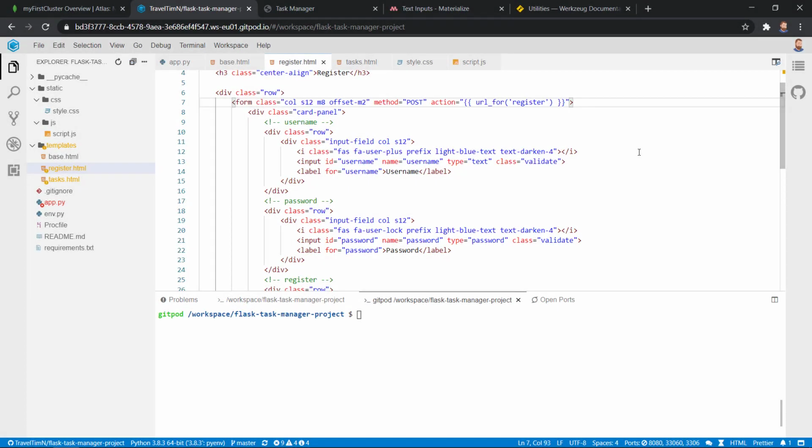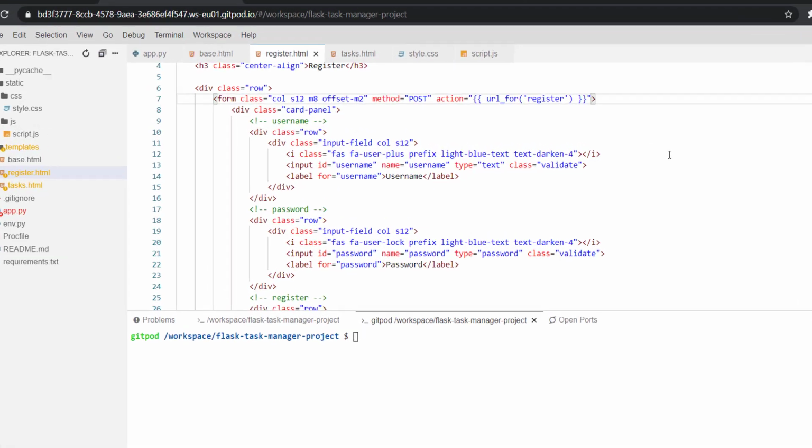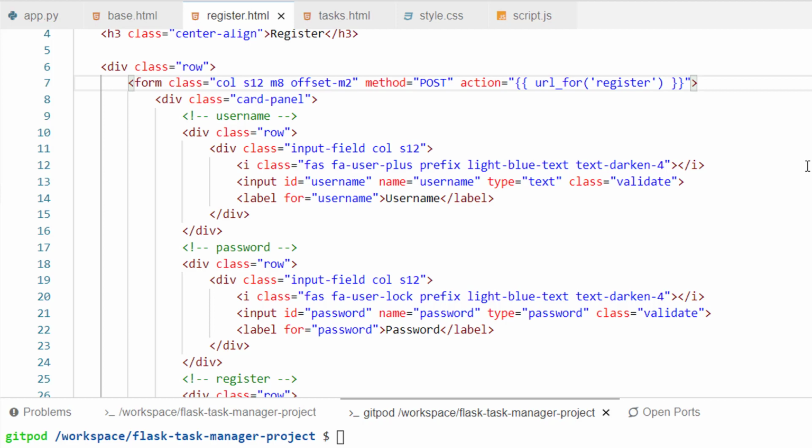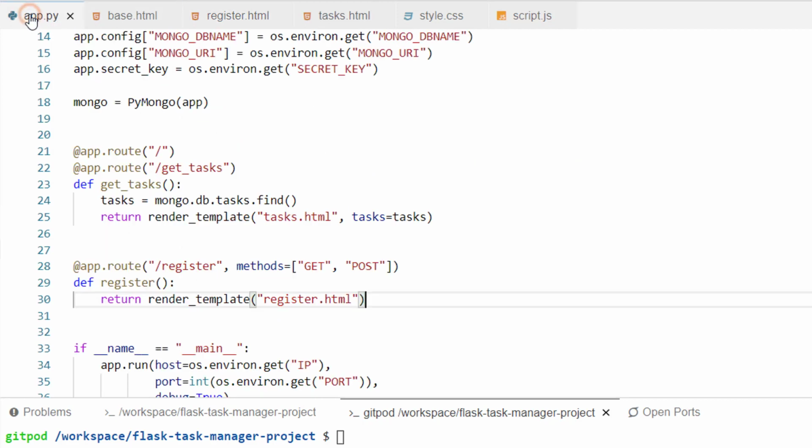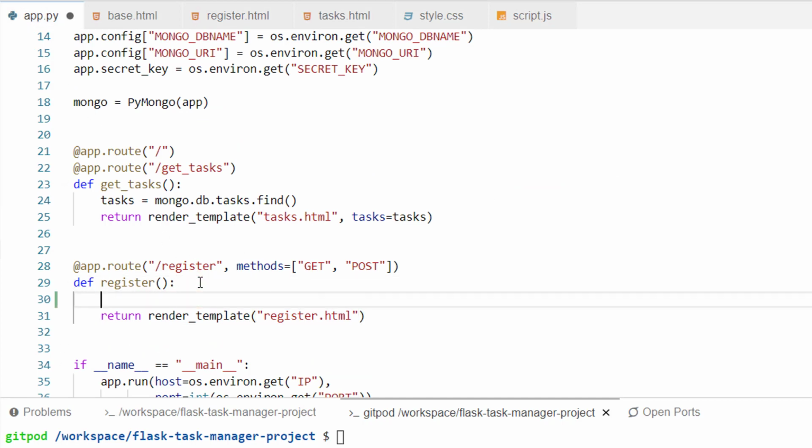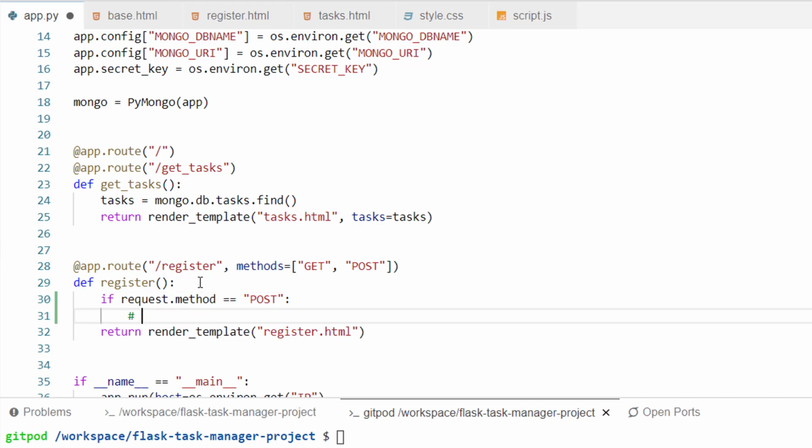We've now got our register form displaying to the screen, which completes our get method from the function. Now, we need to build our post method functionality, so the data from our form can be actioned. Within our app.py file in the register function, we need to add some conditional formatting to check if the request.method is equal to post. I'll add some comments along the way, so it's easier to identify what each step is doing.